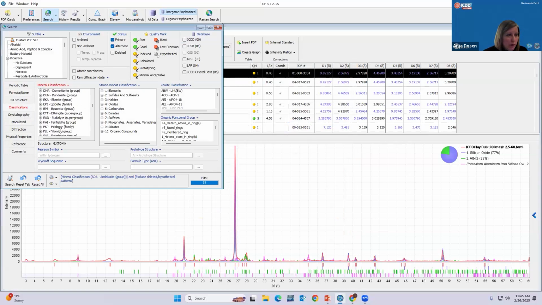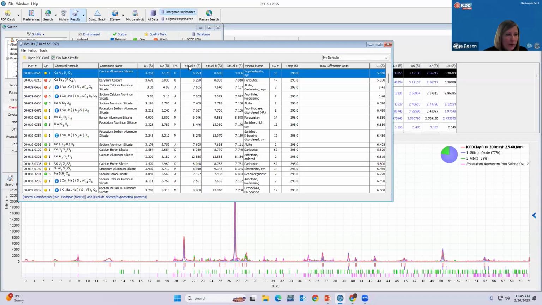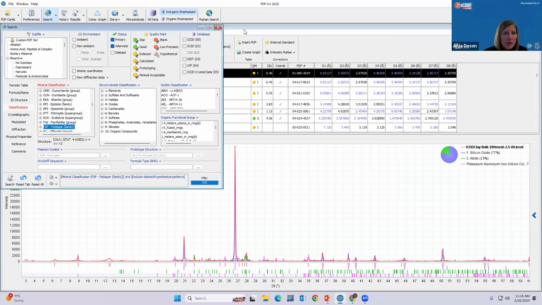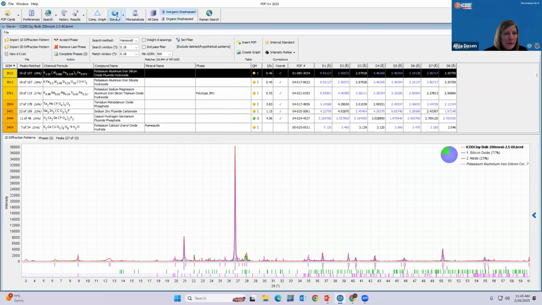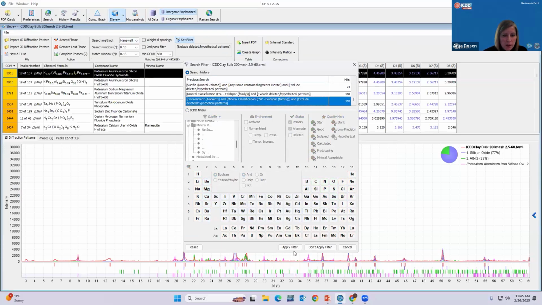Or you can go by mineral name. So I can go feldspar family. I'll say search. It will perform this search. Now I can close this and go back to Civ and go to filter. And then I'm going to go to search history instead of searching ICDD filters. And I'm going to say feldspar family. And if I apply this filter, I'm going to get feldspars,